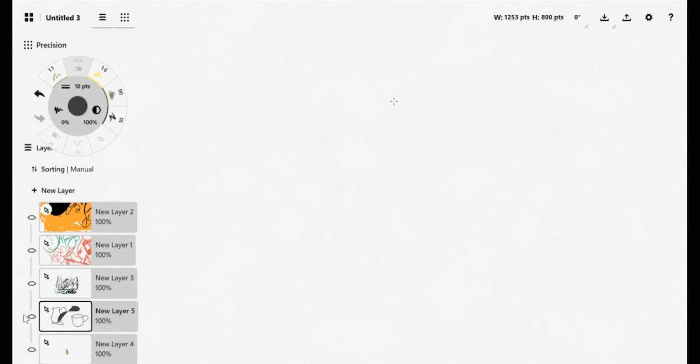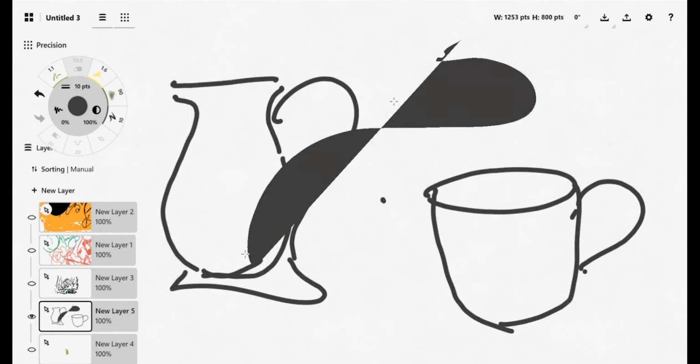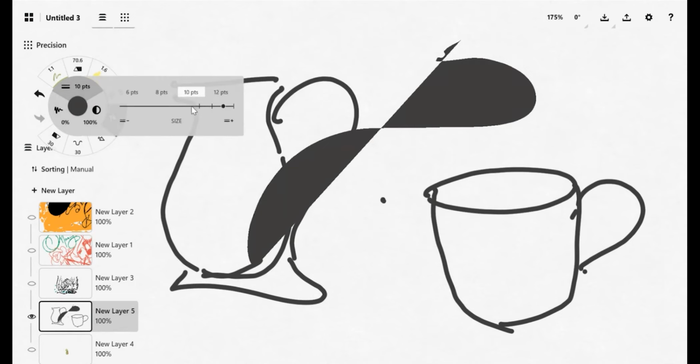Okay, so now we worked a little bit here. Let us try to rework on this particular page. I'm trying to decrease the width. Just a moment, guys.